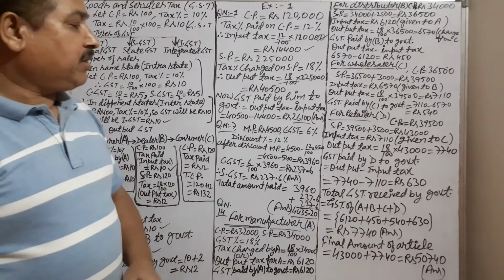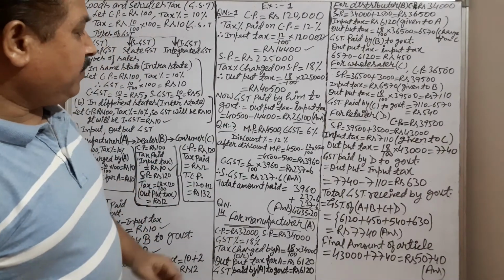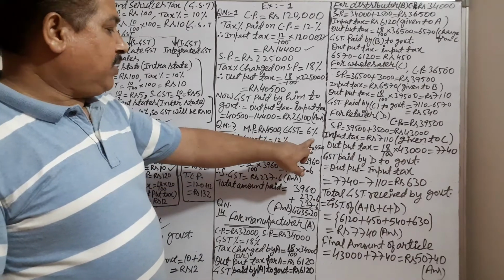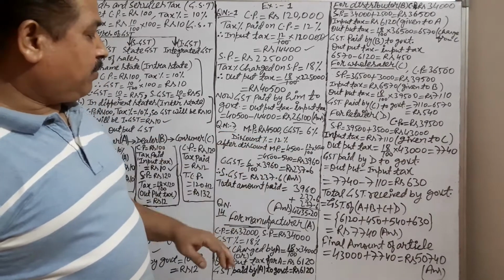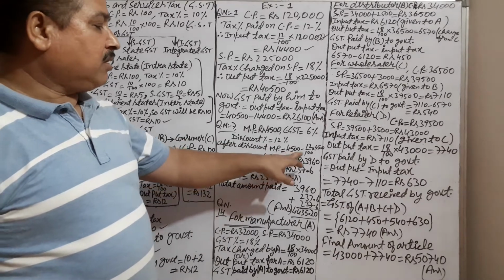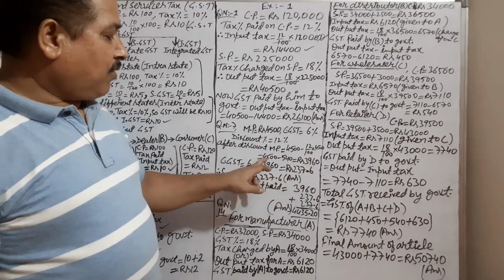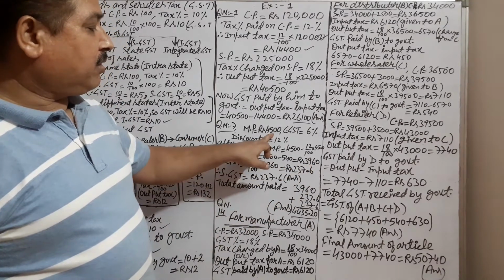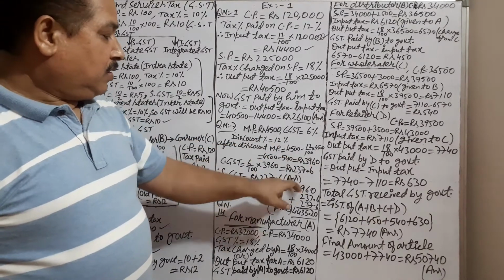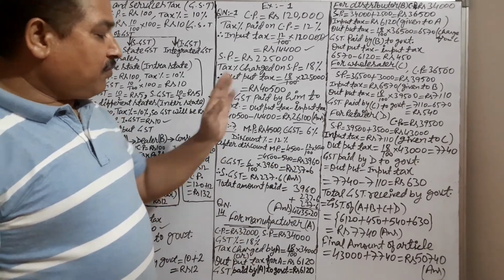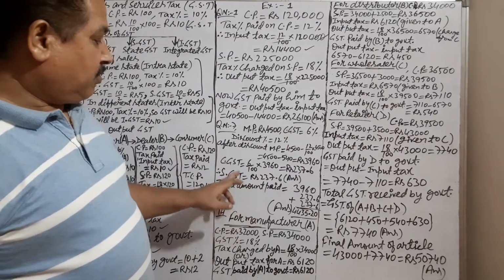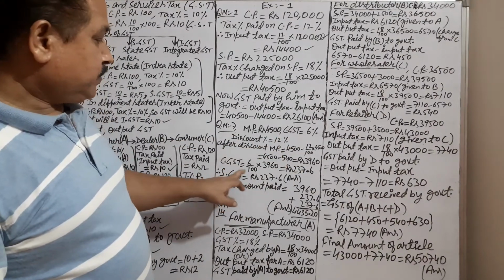Now see Question number 7. In Question number 7, the marked price is this one, CGST is given as 6% and the discount is 12%. First of all, calculate the discount. Discount is this one. So after the discount, the cost will come to 3960. Give the discount of 12% on this. After the discount cost, calculate the CGST 6%, the central government tax of 6%.